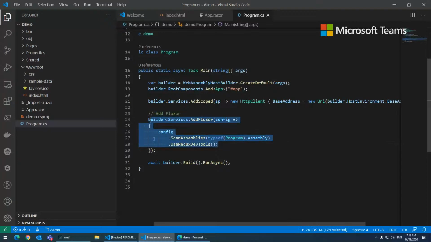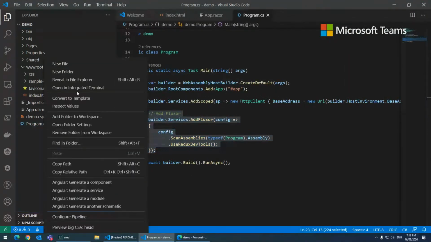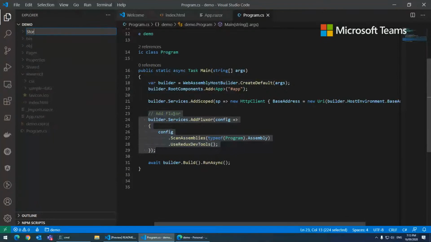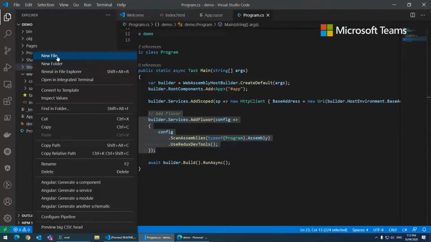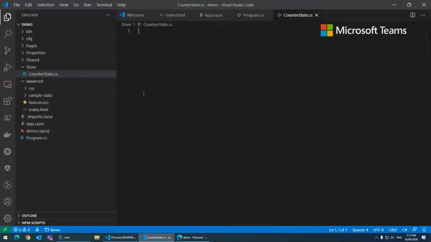Okay, so now once we have this one installed, the next one, if we go back to the slide, let's make the counter state, and then we can move on to making the action, and finally we can create the reducer. So now I'm going to create a new folder called Store, and then in it I will create a new file called CounterState.cs. So putting in all the boilerplate code,